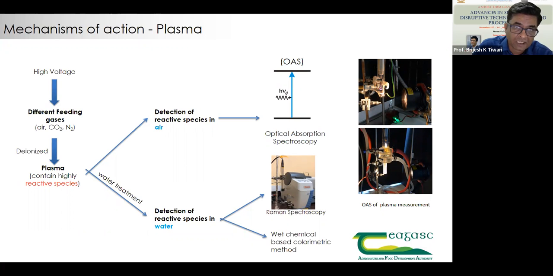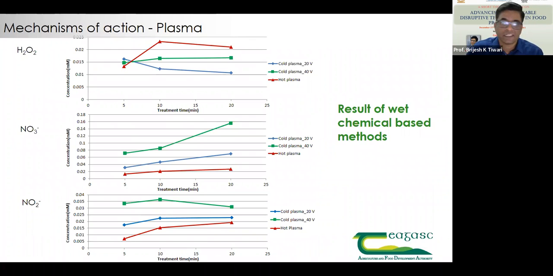So if we have the characterization of the air or the water, and subsequent analysis is carried out, then it becomes easier for us to further scale it up, and it shows the practical utility of the experiments carried out. It is not that we have a plasma system, just put a product in and show it is decreasing. That means that data is only applicable to the machine you have. And if you're trying to go for publication of such work, it may not pass through the peer review process. Now, if you look at the data here, H2O2, like cold plasma at 20 kV and 40 kV, and hot plasma,